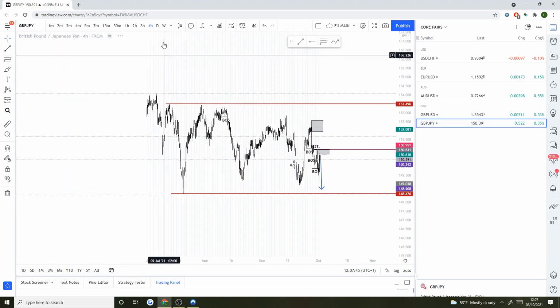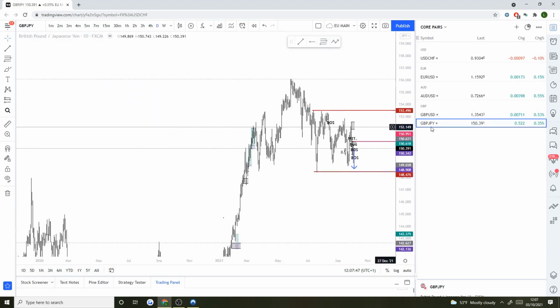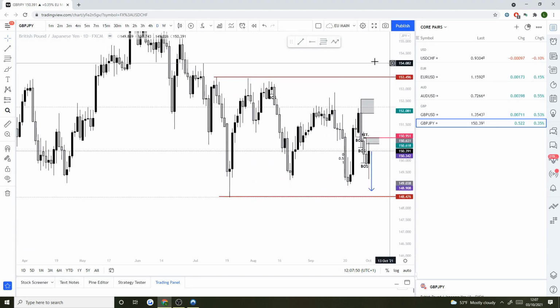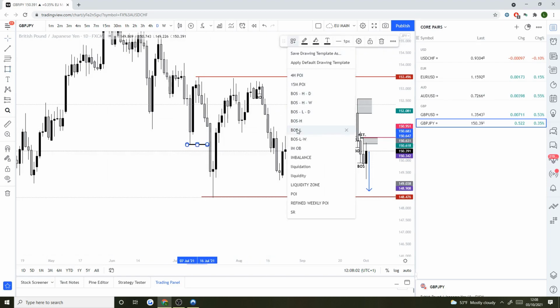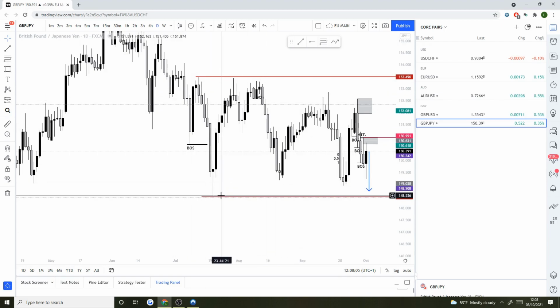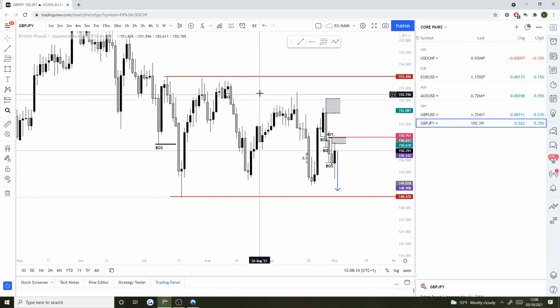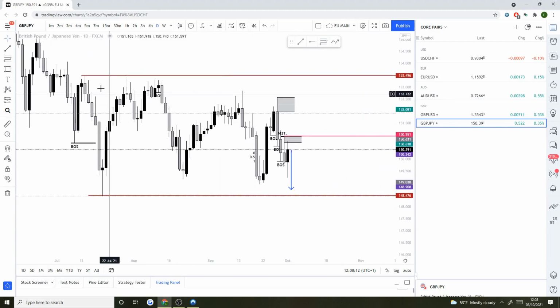And then, so pound yen. Now looking at pound yen, we're still in this daily range from the 13th of July to the 20th of July. So based on that, what we had was break of structure to the low. And just based on that, what we should expect is for price to really actually break this structure again to the low. Now it's been taking a while to do that, but it's still a valid thesis that we'll see a break of this structure to the low,